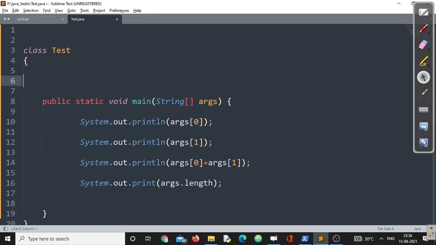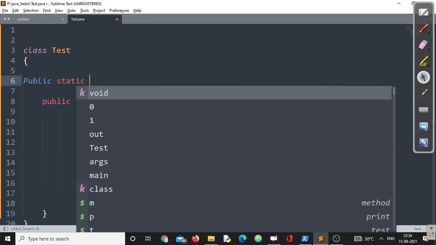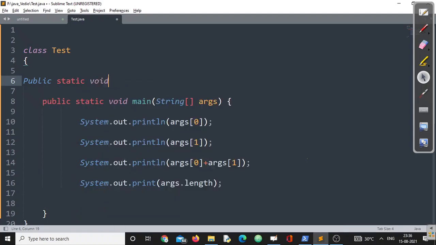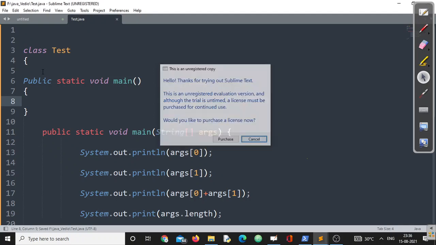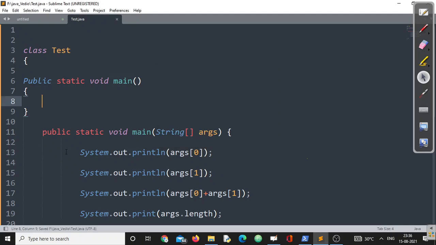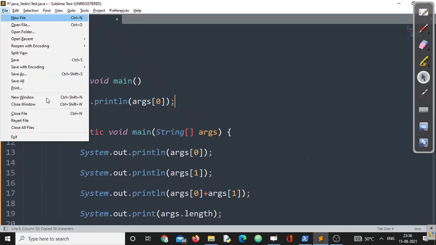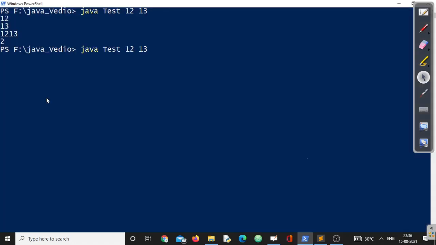Suppose here I am writing one more main method, public static void main also. I am writing something like that. Compiler says I don't have any problem. If I go for compilation, the compiler says I don't have any problem.